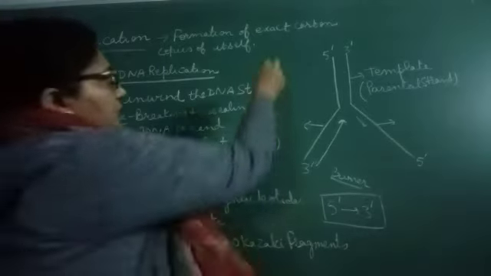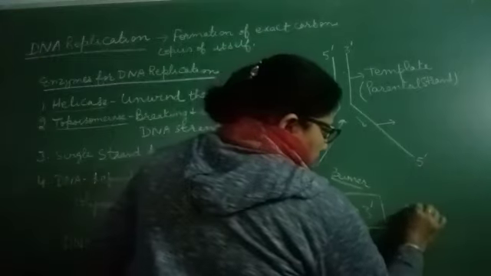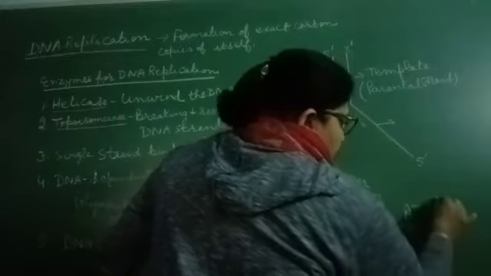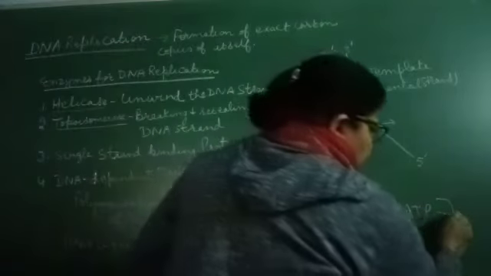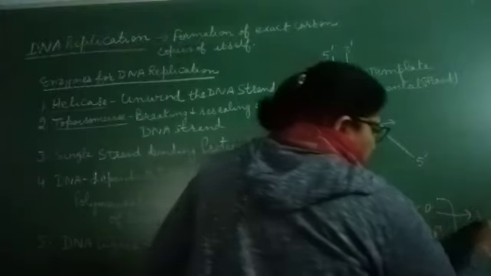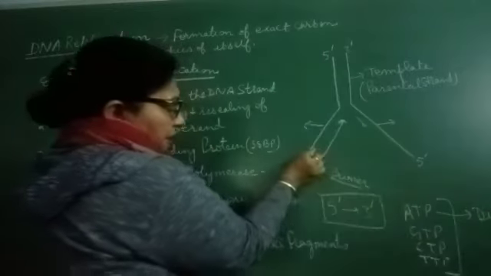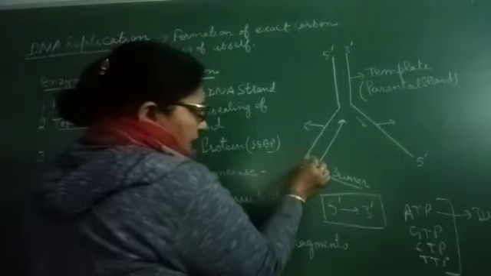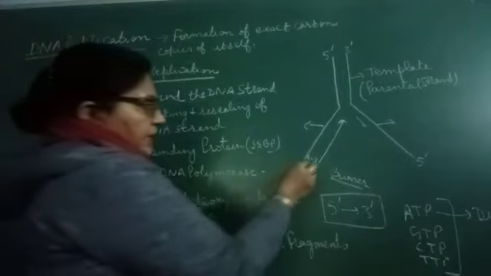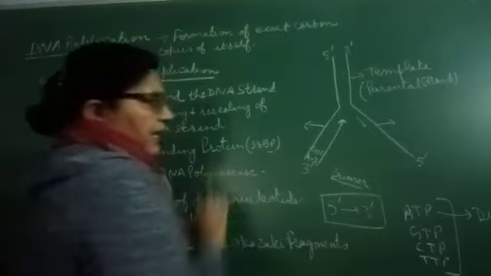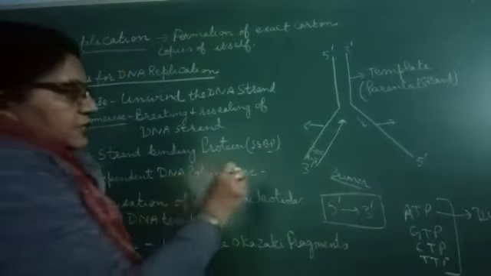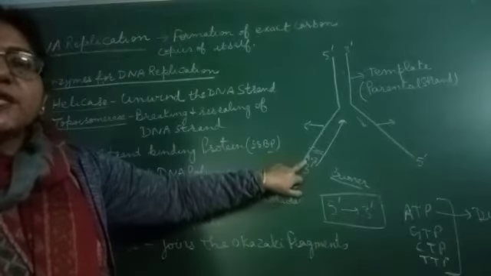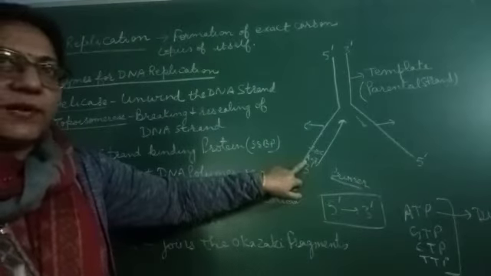So these deoxynucleotides, that is ATP, GTP, CTP and TTP, play a dual role. Specifically, ATP plays the dual role because it acts as a substrate when it forms a complement with the template strand. If there is A, it will have a T over there. If that is G, then with the triple bond they will have a C over there. So it acts as a substrate as well as provides the energy. This is very important.